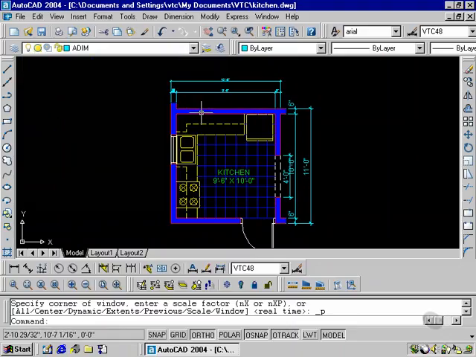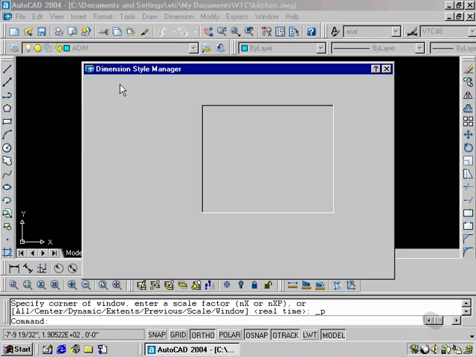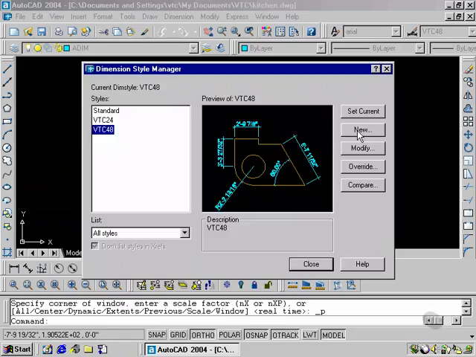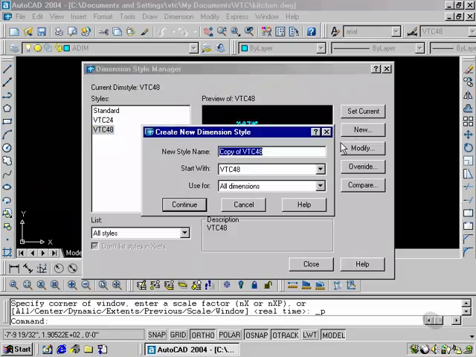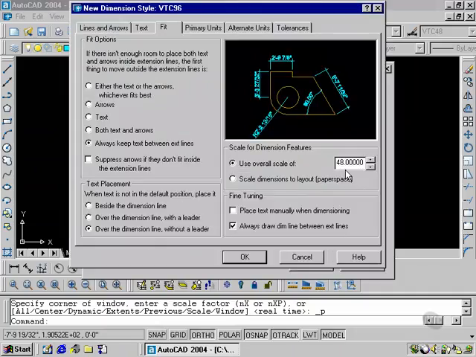If I need to create another style, simply going to Format, Dimension Style, select New. Let's now create a dimension style for an 1/8 inch drawing. 1/8 inch, that value is 96. It doesn't matter if I start with 48 or 24, because when I select Continue, the only change I want to make is in this window, setting that to 96, and again this value matches that value. Selecting OK